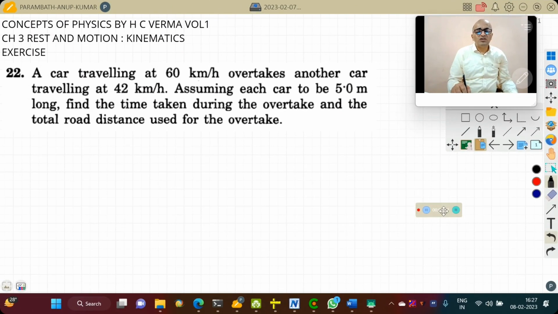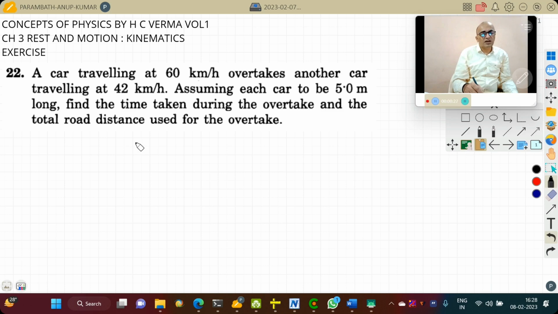Students, we are doing questions from Concepts of Physics by HC Verma. We are doing chapter 3, Rest and Motion: Kinematics, exercise question number 22. A car traveling at 60 km per hour overtakes another car traveling at 42 km per hour. Assuming each car to be 5 meters long, find the time taken during the overtake and the total road distance